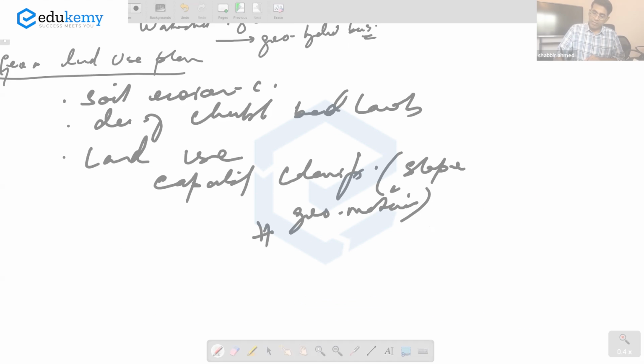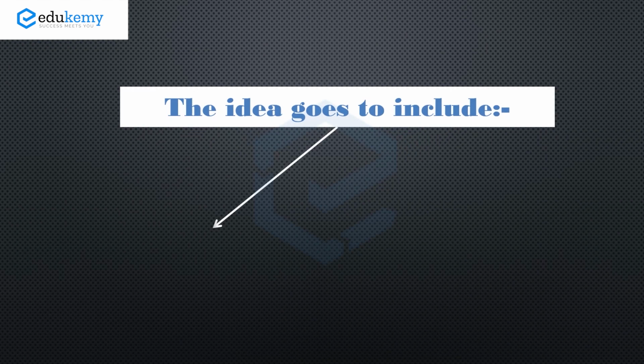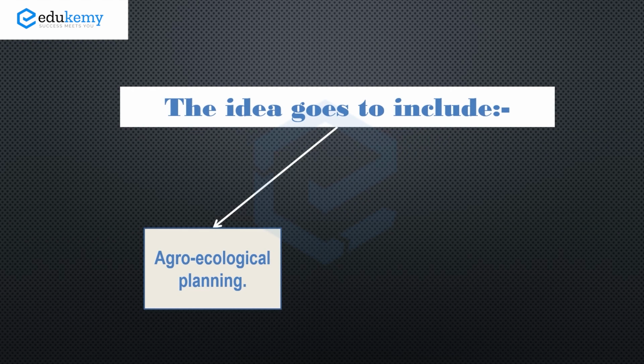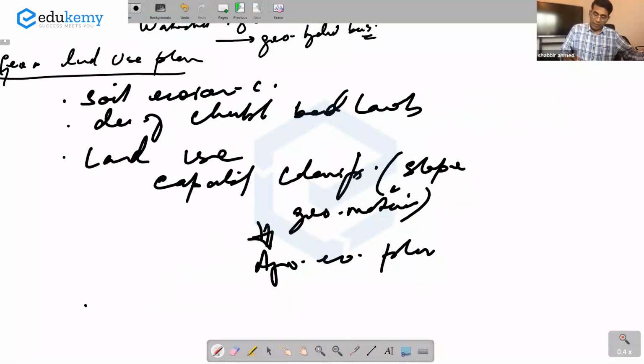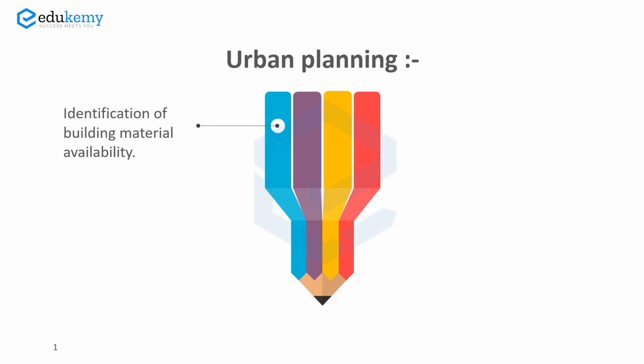And this idea ultimately goes on to include agroecological planning, agroclimatic planning, and so on. Okay, so this is also an important one. Then applied geomorphology is also important in urban planning. Urban planning in what way? Urban planning in terms of